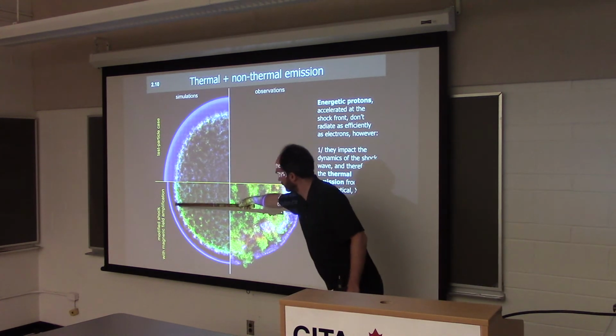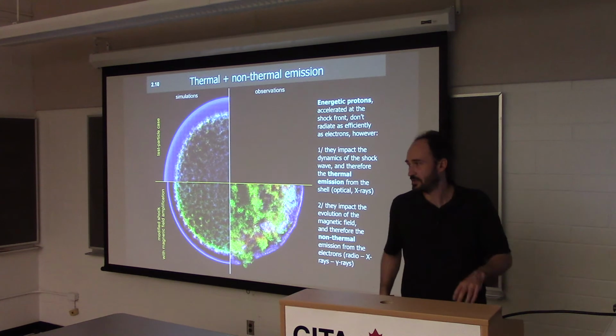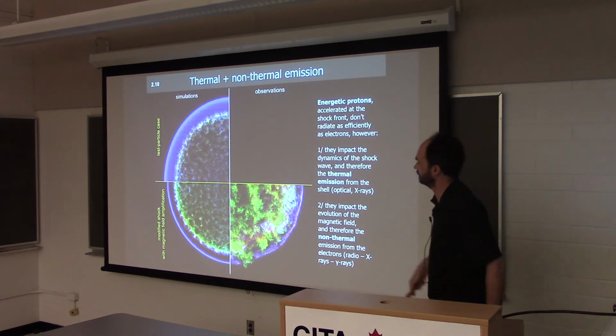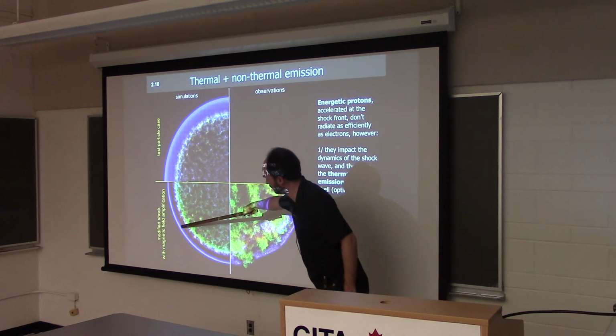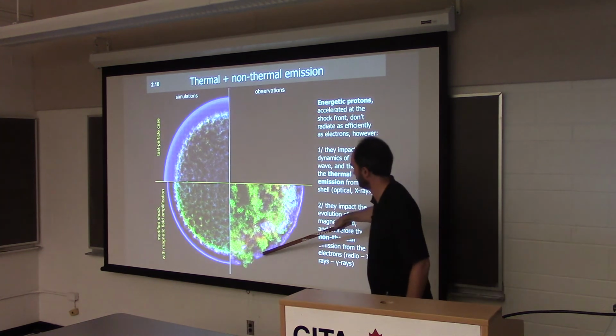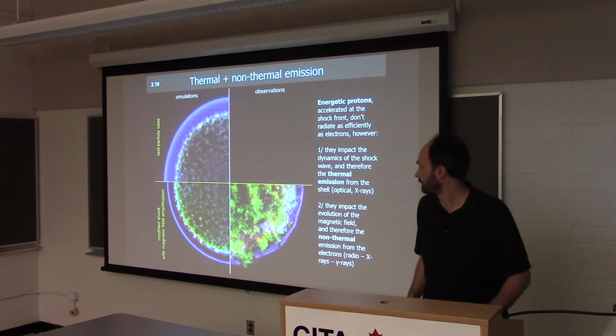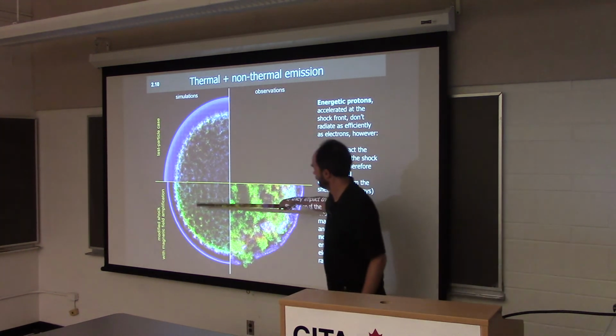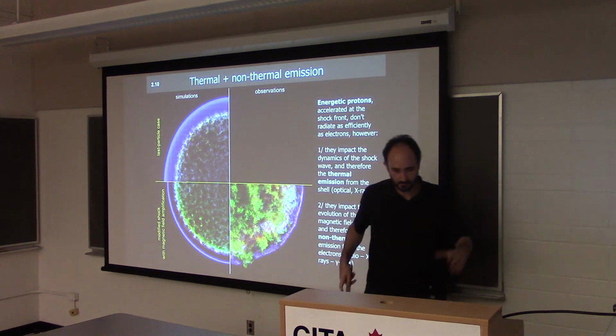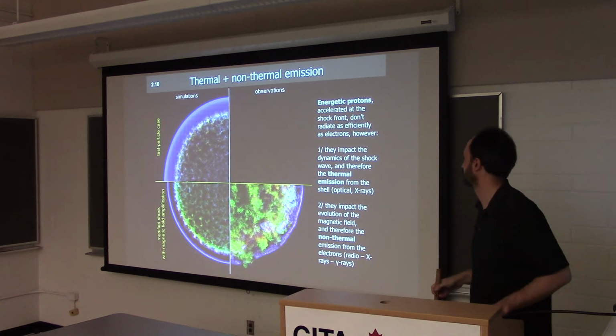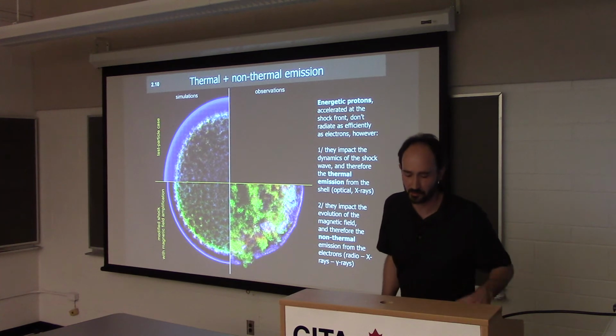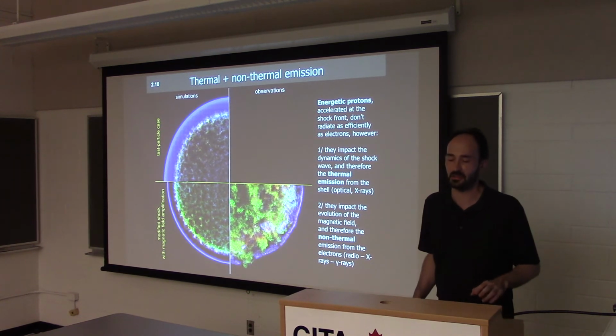And the bluish part is non-thermal emission from the electrons. And because of magnetic field amplification, you get a thin rim, more like in the observations. And also, as I said before, you get a more compact structure. And so the takeaway message for particle acceleration is that